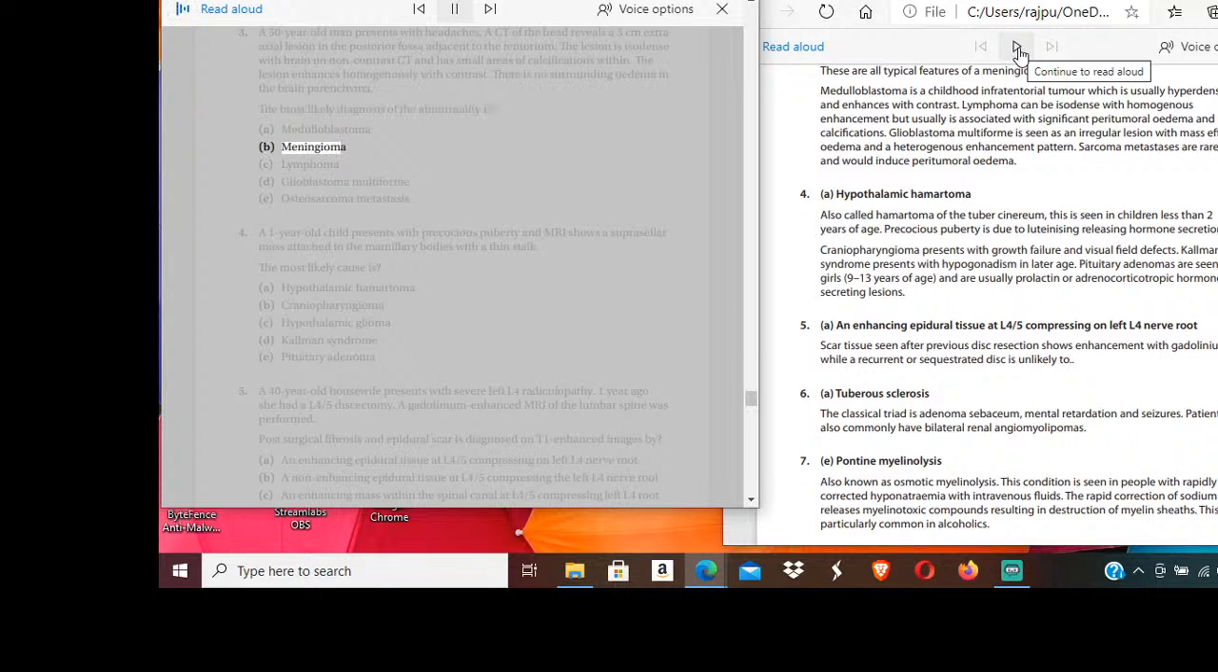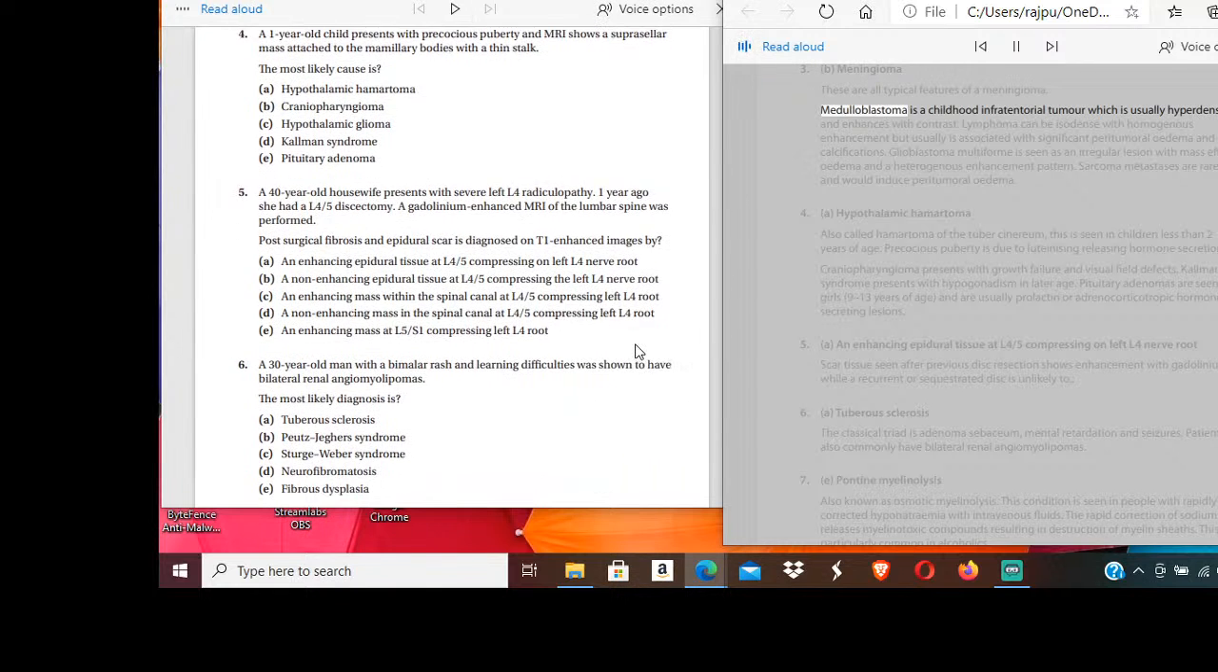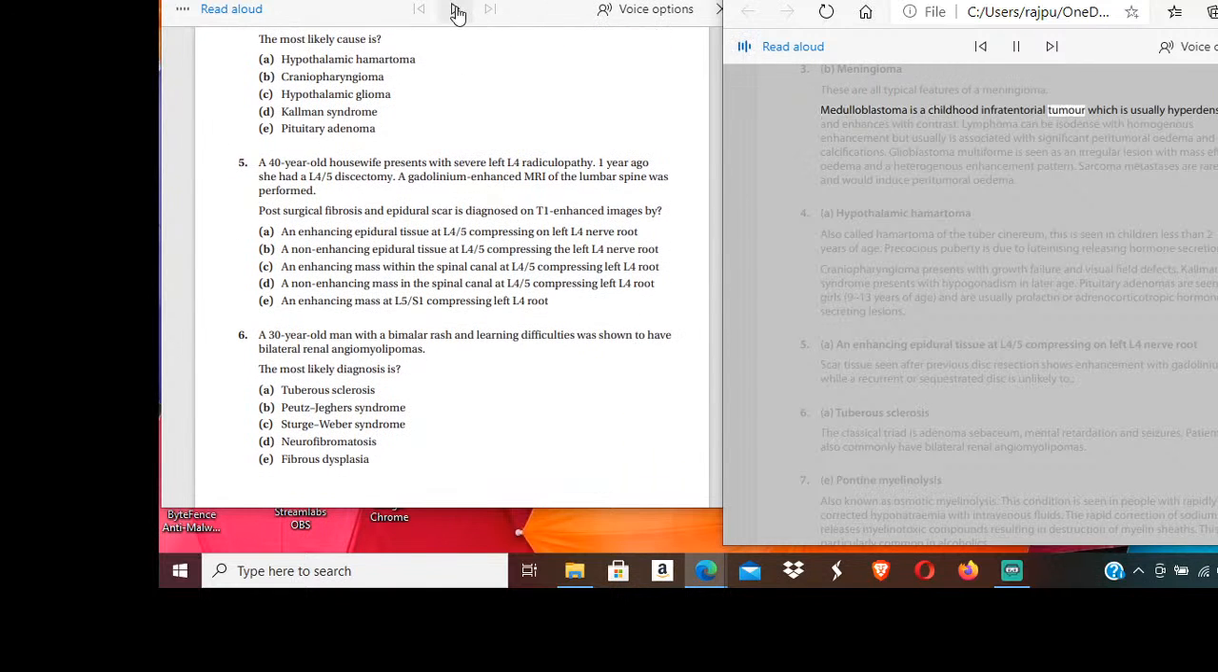Medulloblastoma, B. Meningioma. 3. B. Meningioma. These are all typical features of a meningioma. Medulloblastoma is a childhood infratentorial tumor which is usually